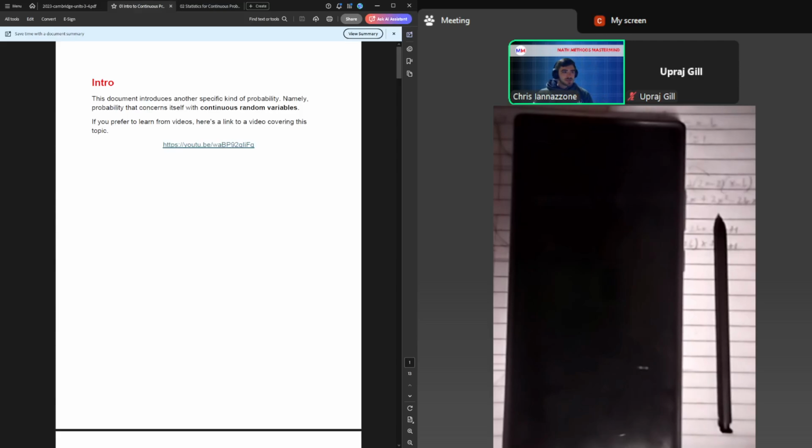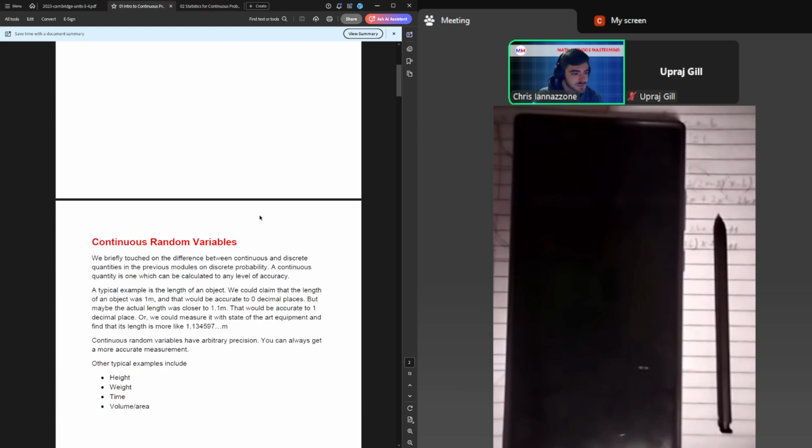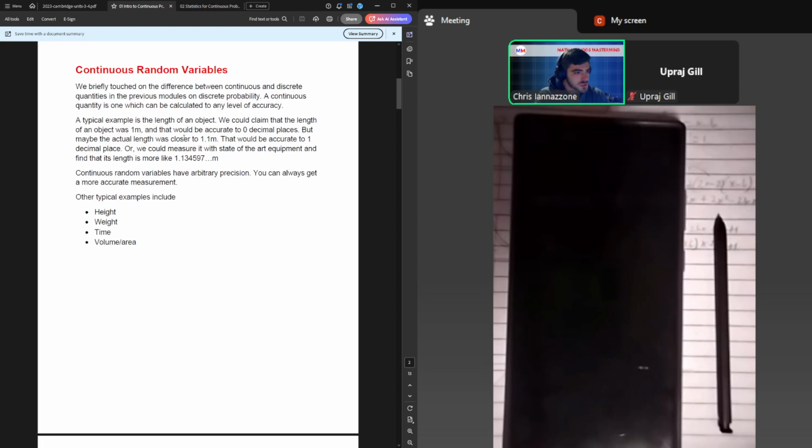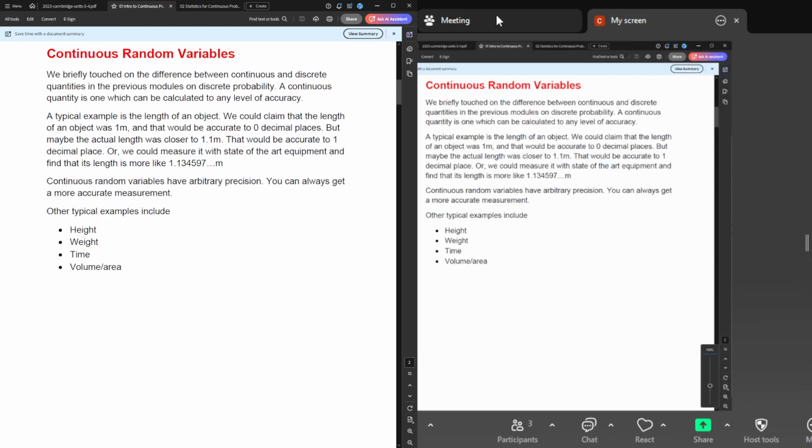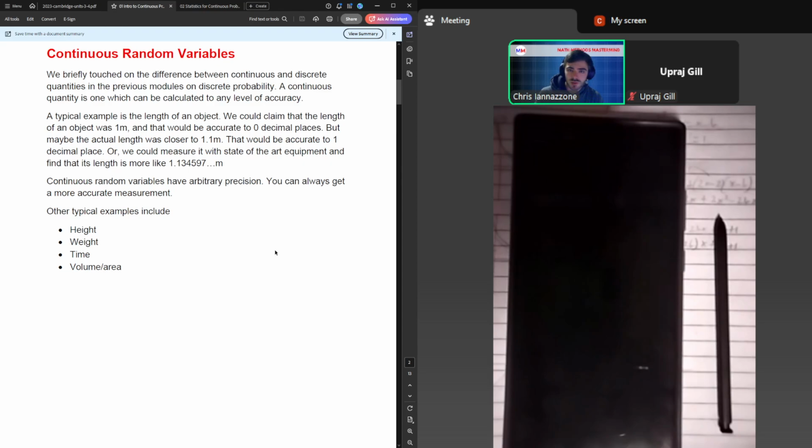Okay, so today I'm going to expand on our understanding of probability by specifically looking at what is known as continuous probability. Specifically, these are referred to as continuous random variables, much like how we have discrete random variables. What goes on with continuous random variables is that the quantity that you're looking at could take any arbitrary level